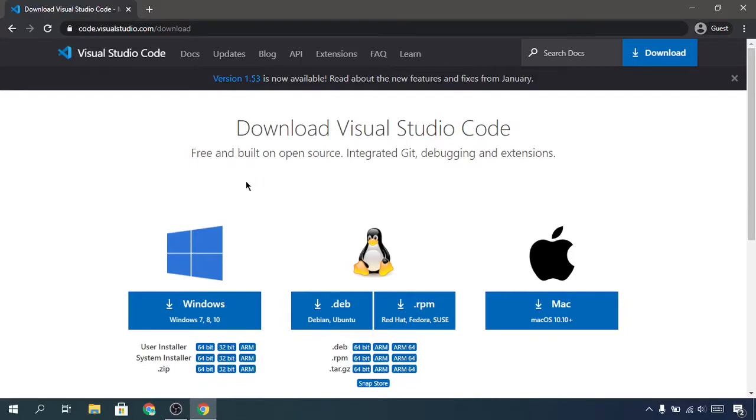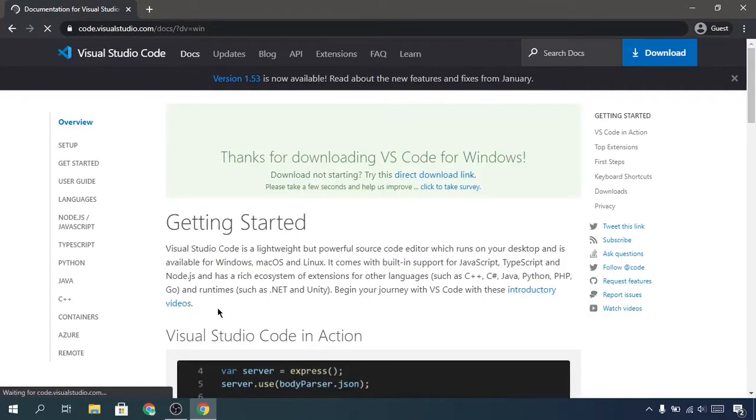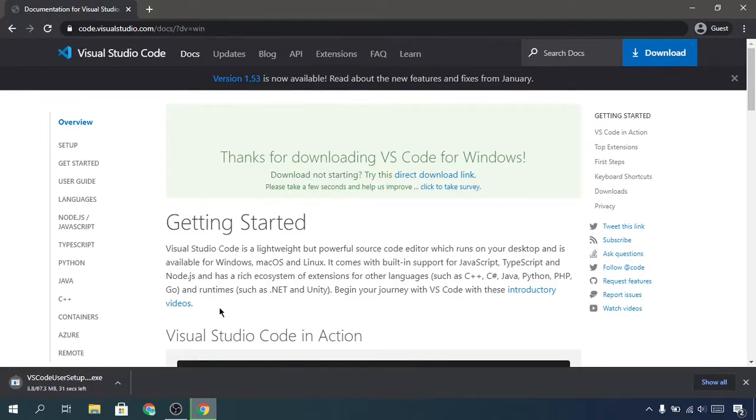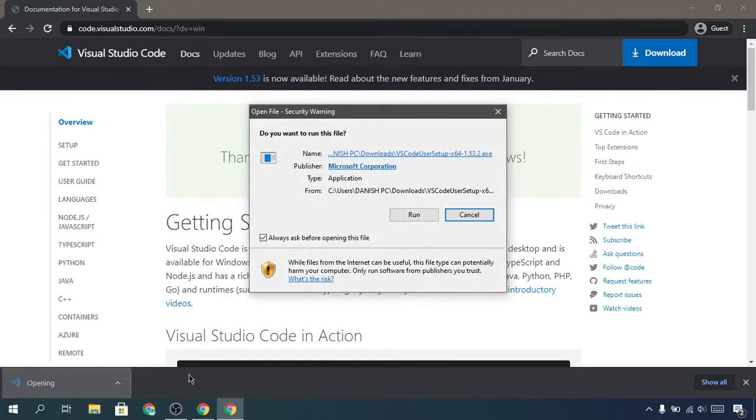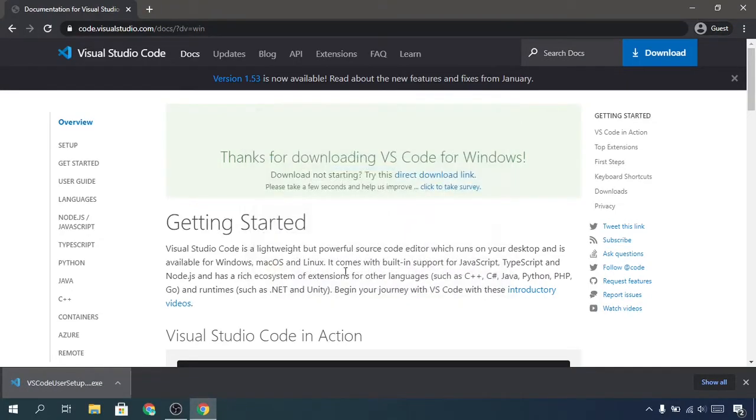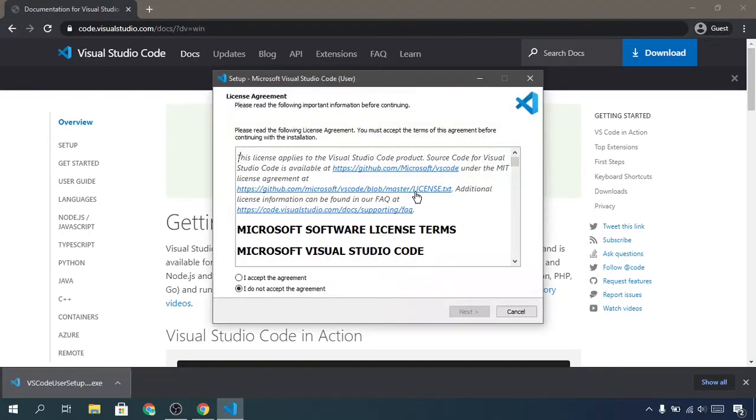So on this PC I have installed Windows, so I'll download for Windows operating system. So I'll just click over there and the download will start. An executable file will start to download. After the download is complete, open the file and you will see the installation process will start to install the